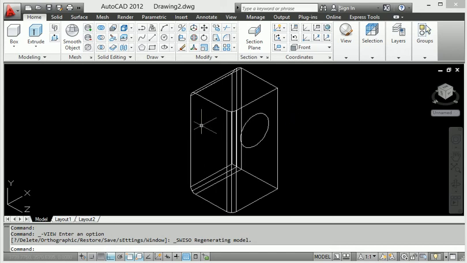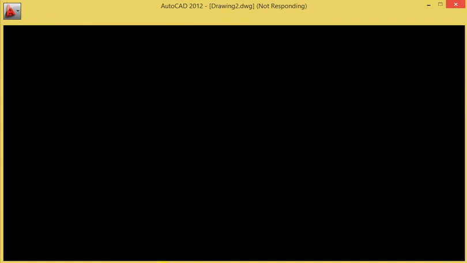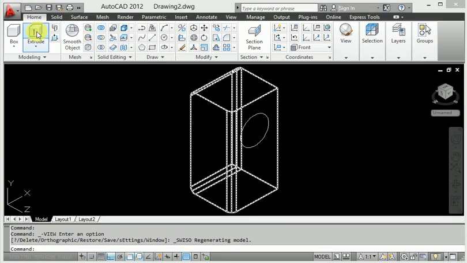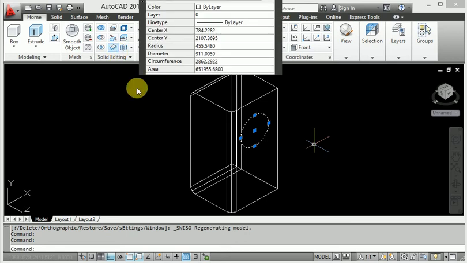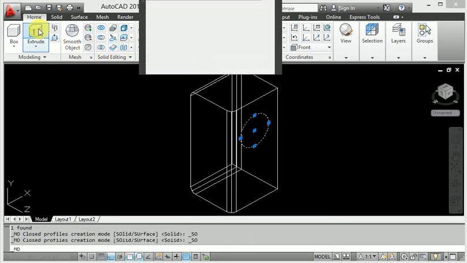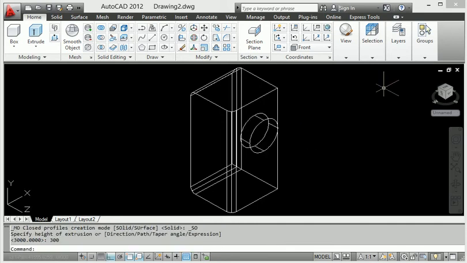When I change to the other view, here we can change another thing. An easy way is to go to extrude right now. Here we can see that this is extruded. When I click the extrude and apply the extrude command, here we can see the applied extrude. For how much, this one and this one, we will provide 300. So it creates a 300 extrusion.